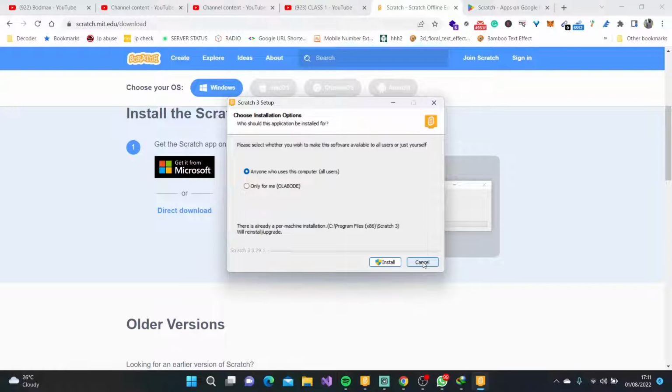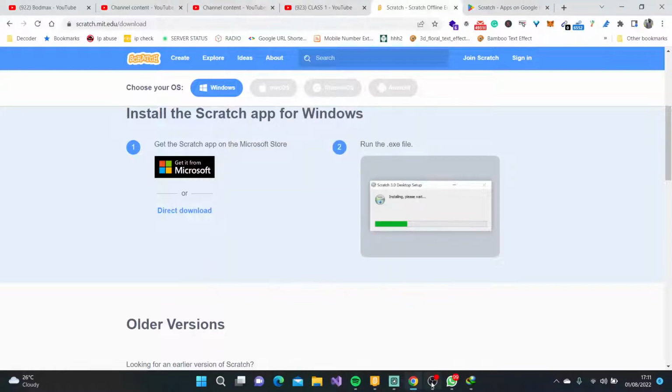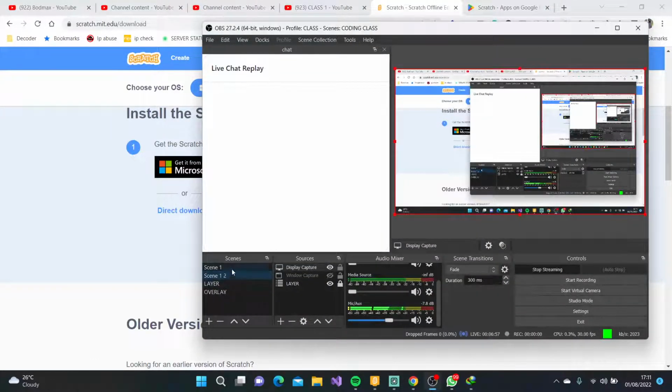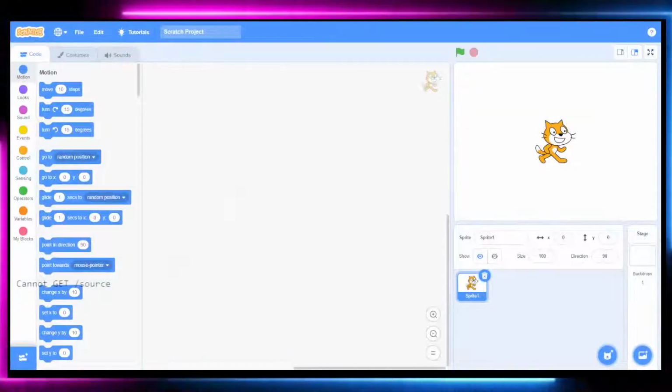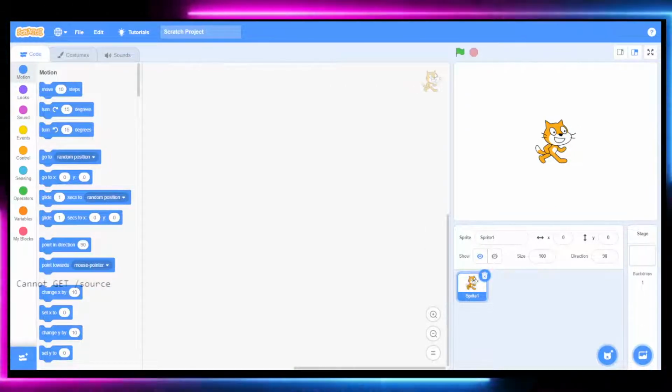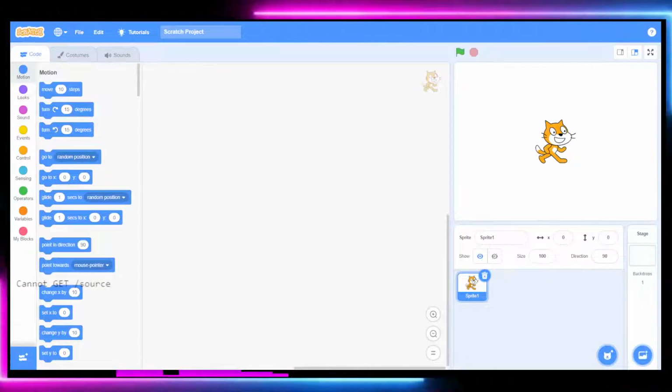I won't be able to do that now because I already have it, and I've also opened it. After you install and open, your screen will look like this. Okay, this is for mobile. Your screen will look like this, and then